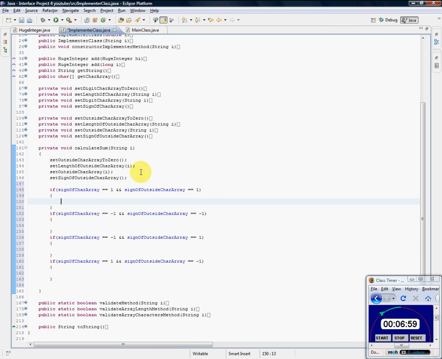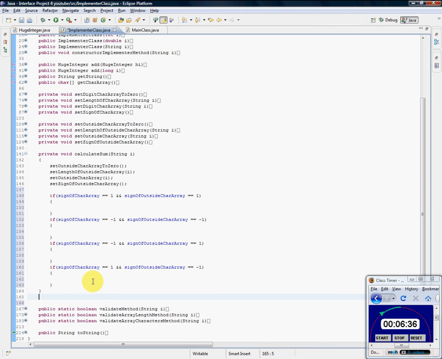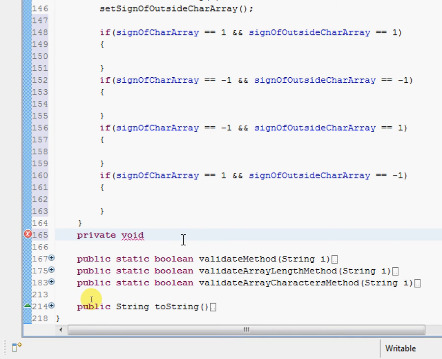Alright, so the set sign of character array when they're both positive, we're going to have to call another method. Let me see, and I'm pretty sure it works. Yeah, it should work. I'm trying to think, but let's go ahead and jump into it. So I'm going to have a private void. Let me zoom in so you can see what I'm typing. Yeah, I'm going to have a private void calculate sum when